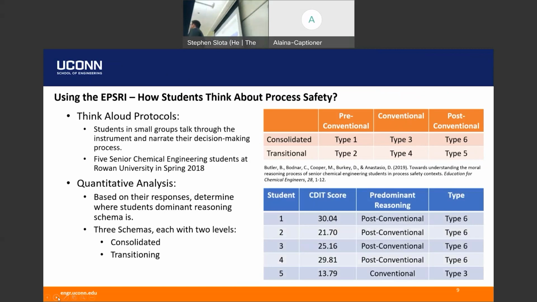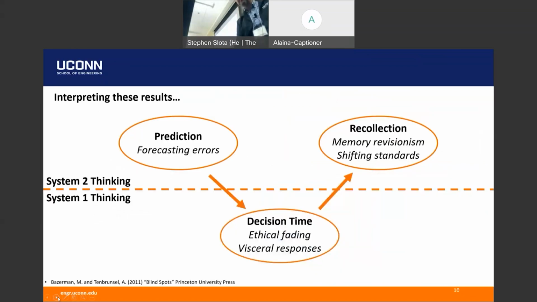And if you think about that for a minute, that didn't make a lot of sense to us. These students are college seniors. Most of them had no practical real-world experience in a chemical engineering job or a real significant process safety environment. So the fact that they are as high as you could get in terms of sophistication about process safety reasoning didn't seem quite right to us. And so this goes back to what I was talking about at the beginning, which is, how am I asking students about this? And so you can go to the literature and look.